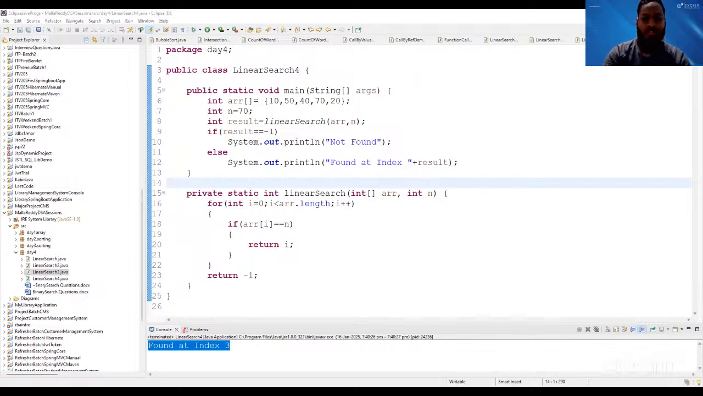So if I have to find the maximum of two numbers, let's say A is 100 and B is 50, which number is maximum? I want to display that. So traditionally what we would do, we would say if A is greater than or equal to B, or we would say if A is greater than B, we will sys out